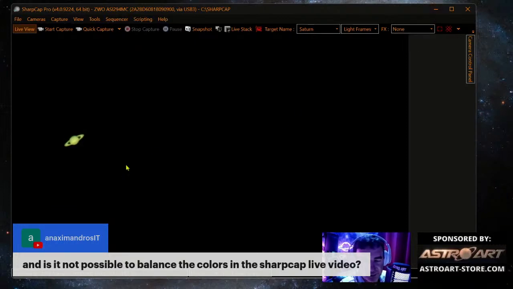Planetary imaging is the post-processing. What we want here in SharpCap is to capture the best frames, and as good a quantity of good frames as possible, the best quality as possible, and that depends on the seeing, of course.